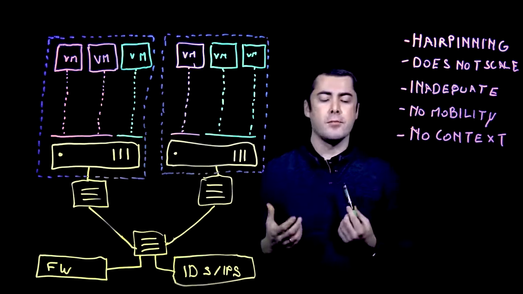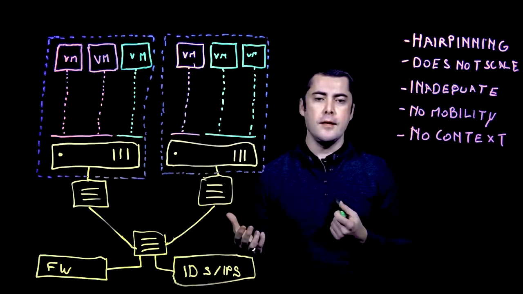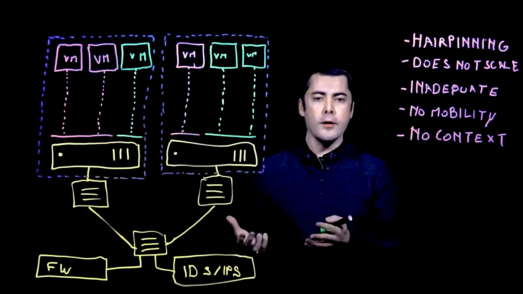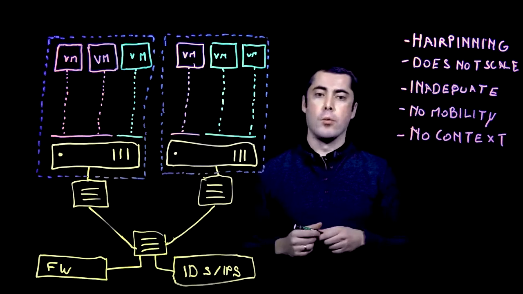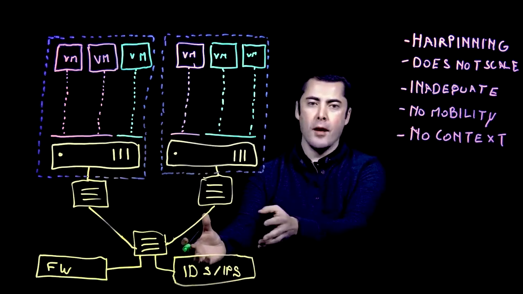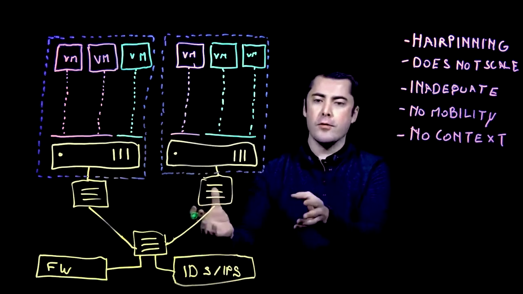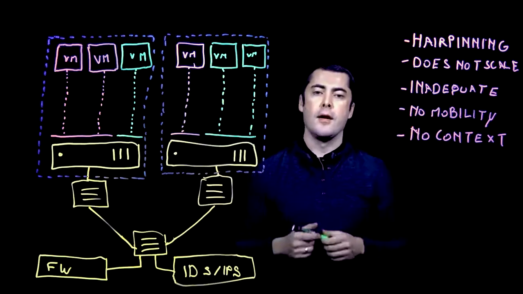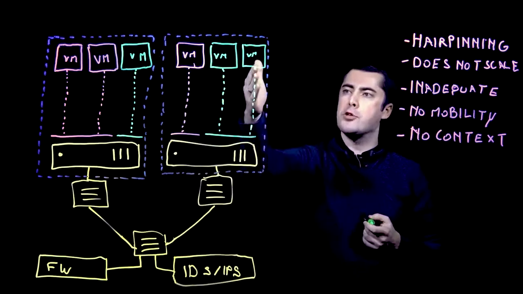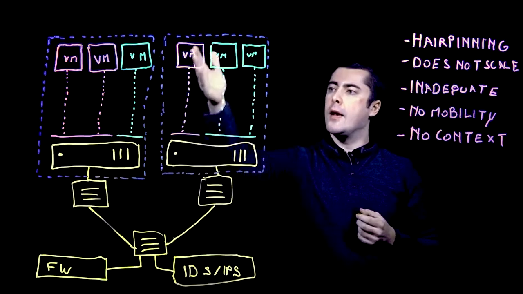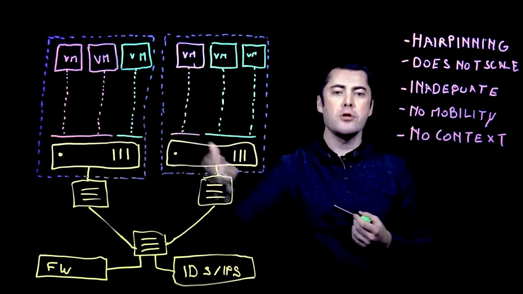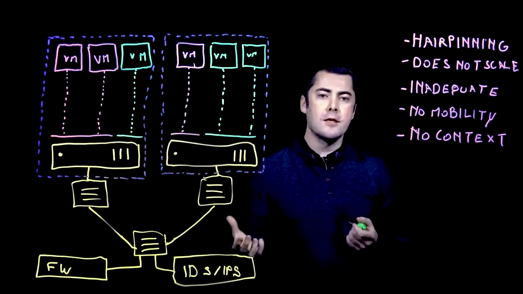So this lack of context makes it very difficult for a security team to determine if an event is a true or a false positive, what is the priority that should be assigned to an event, and what is the appropriate action that should be taken. It also means that on these physical IPS appliances, you're basically going to enable all of your signatures and match all of those signatures against all of your traffic. It doesn't matter if that traffic is targeting an Apache server here or it's targeting a database server. The same signatures will be applied to all the traffic, which means that these systems have a very significant impact